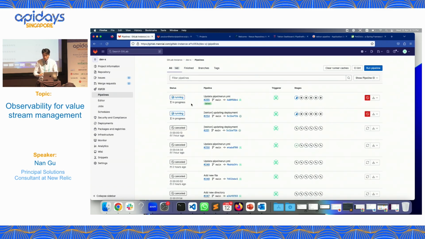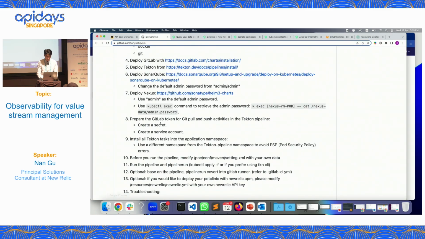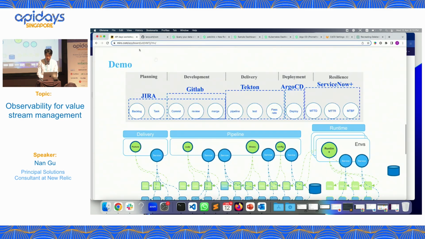Why we do this is because I want to do a comparison. If I use Tekton for the same application, it takes just 5 minutes, compared with the GitLab CI at 8 minutes for every pipeline. Then we're saving 3 minutes per pipeline. That is a lot of saving, right? And the run will take about 8 minutes. So let me come back to the presentation. I haven't done the presentation yet.